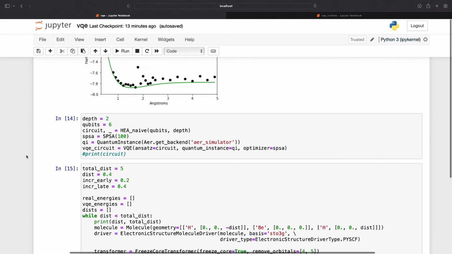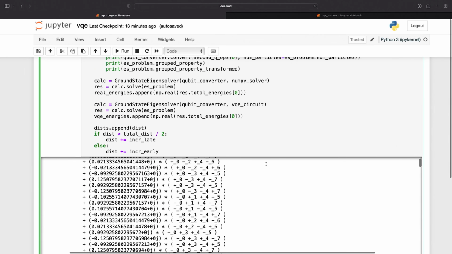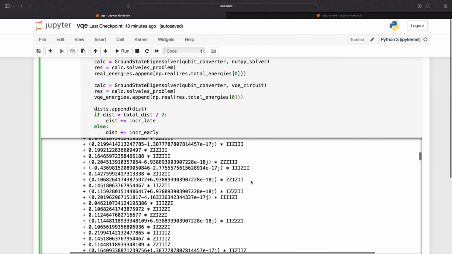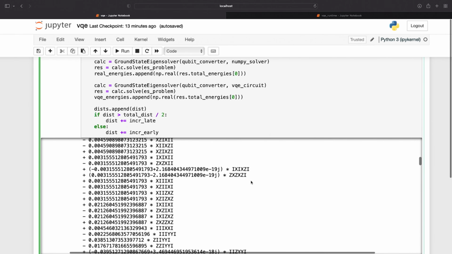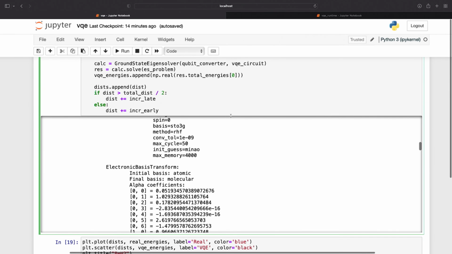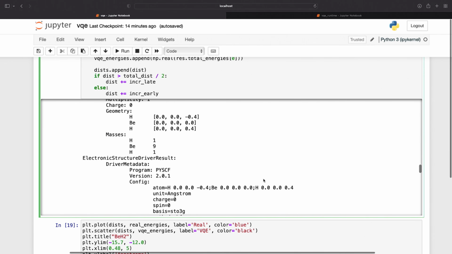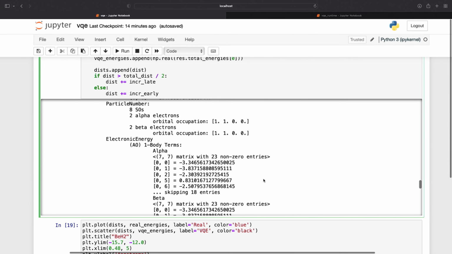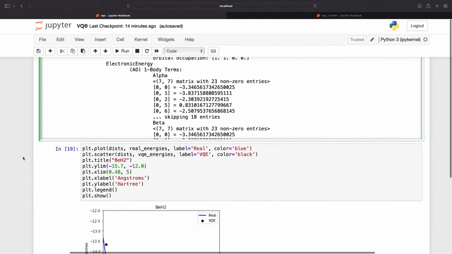We repeat the same thing for BeH2. Exactly the same procedure here. Once again, we're freezing the core. We just remove further out orbitals because we're expanding the problem size. And we'll get a 6-qubit Hamiltonian as presented here. And you can see, once again, this has a substantial number of terms, and already very quickly you can see how the complexity of this problem increases. Once again, you'll see we'll have 14 spin orbitals here. We're going to freeze these and then chop these off to reduce it down to 8 spin orbitals, which you can see here. Since we have frozen the inner and removed the outer, we can then plot this and see